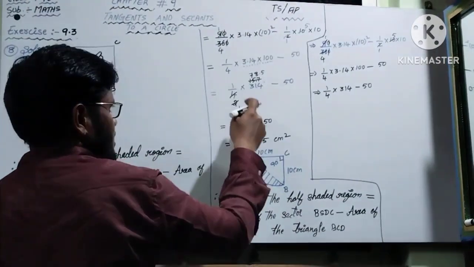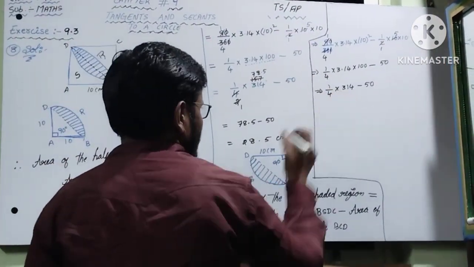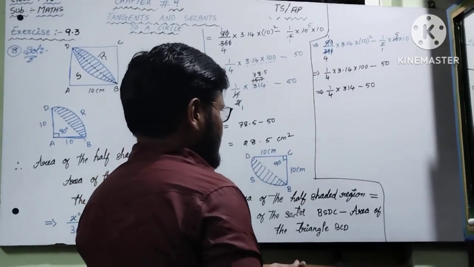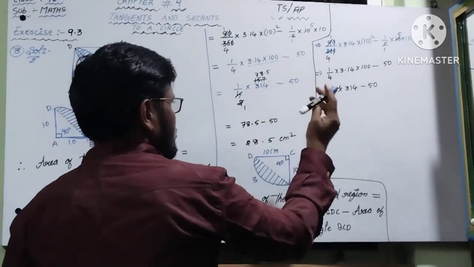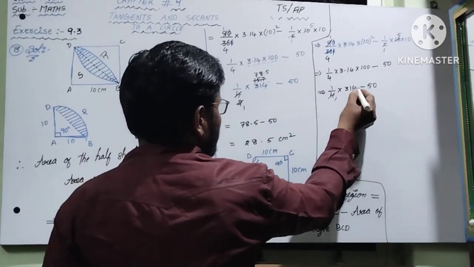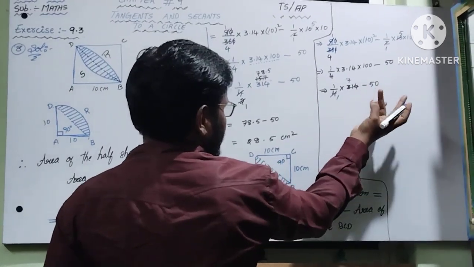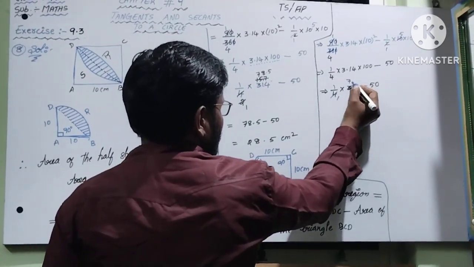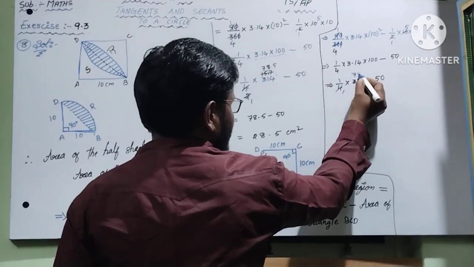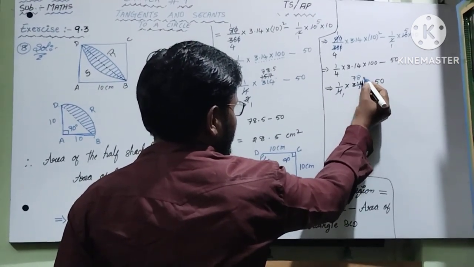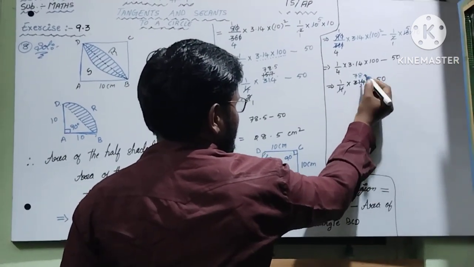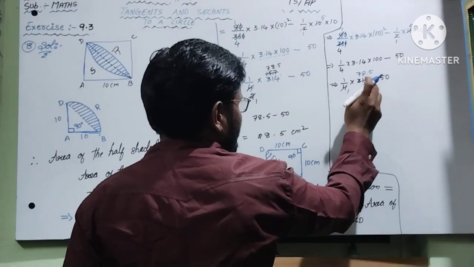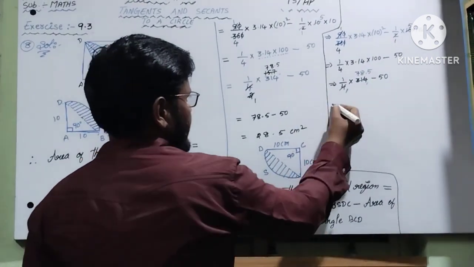Already I cancelled here 4 1s are 4 and 4 78.5s are. So directly you can cancel this value, sir. Otherwise you can take 2 also. 4 1s are 4 and 4 7s are 28, 29, 30, 31, 3 is remaining. Now it's 34. 4 8s are 32, more 2 is remaining. Take here decimal point, 0 will get, 4 5s are 20. Any doubts?